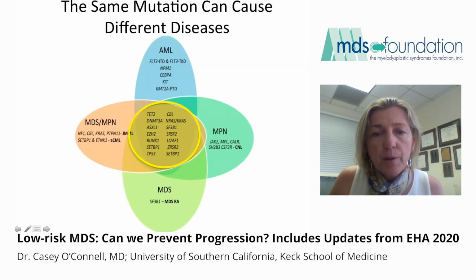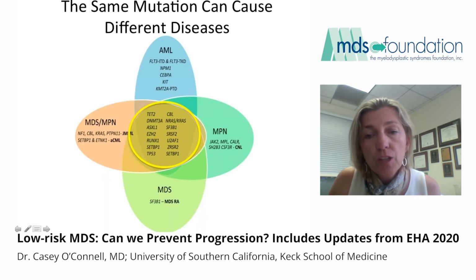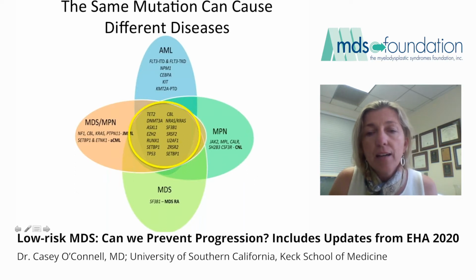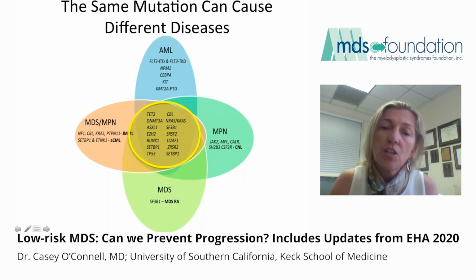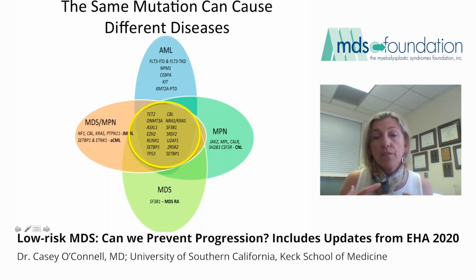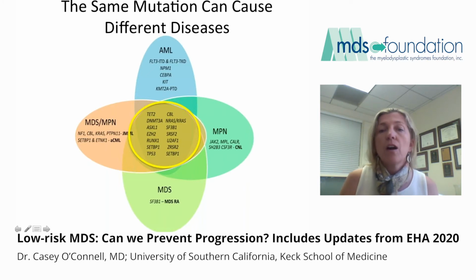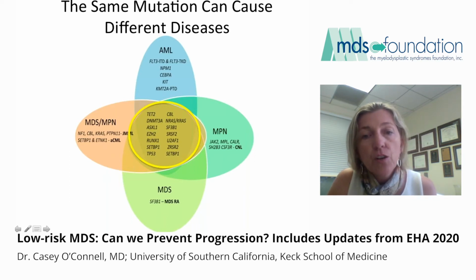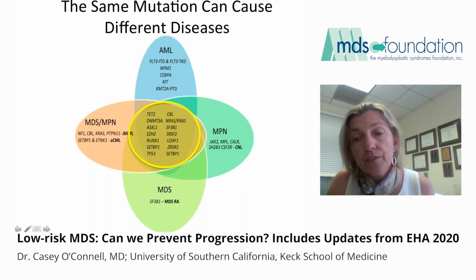One of the interesting things about these mutations that we're finding in the bone marrows of patients with myelodysplastic syndrome is that the same mutation may cause a slightly different disease in a different patient. And we don't entirely understand why that occurs, whether that's due to certain combinations of mutations causing blood cells to behave in a certain way, or whether features of the patient themselves, the host, are modifying the way the mutation's affecting their blood. So here I show AML at the top, MDS at the bottom, and then those myeloproliferative neoplasms,